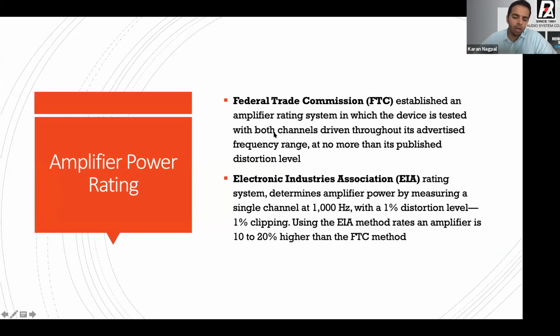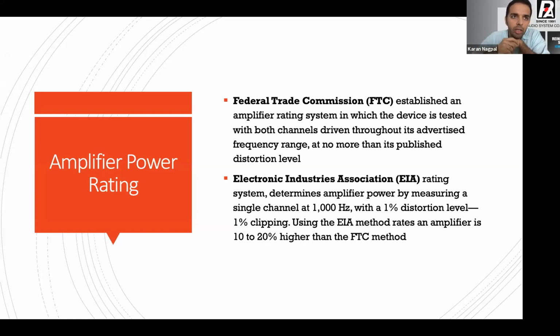जो आपके एम्पलीफायर का जितने भी चैनल है, अगर आपके एम्पलीफायर में 4 चैनल है तो 4 चैनल ड्राइव करके it's put through its advertised frequency range. So अगर आपका एम्पलीफायर पावर है XYZ from 20 Hz to 20 kilohertz, it is going to run that signal. आपका एक pink noise signal generate run करेगा and एक power resistor use करेगा. So they're going to use a power resistor, or it's going to mention, अगर उन्होंने लिखा है कि this is